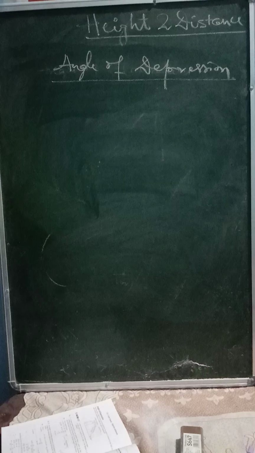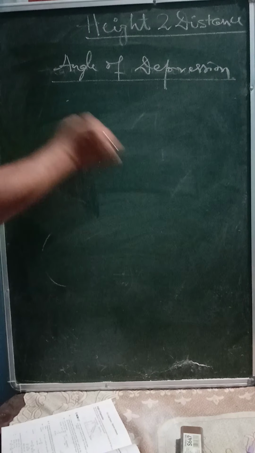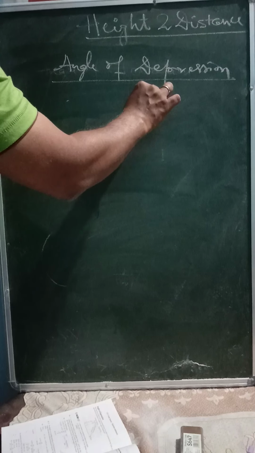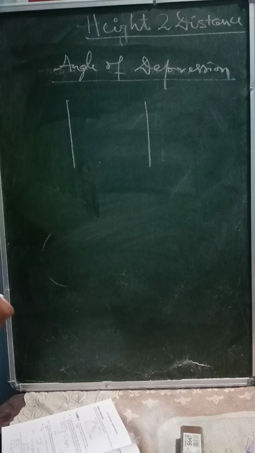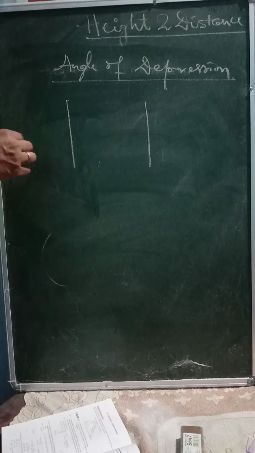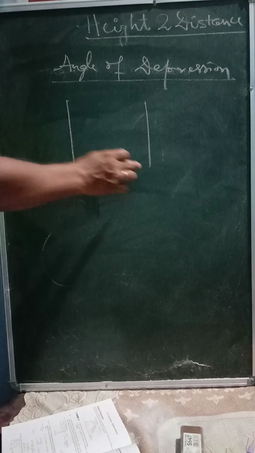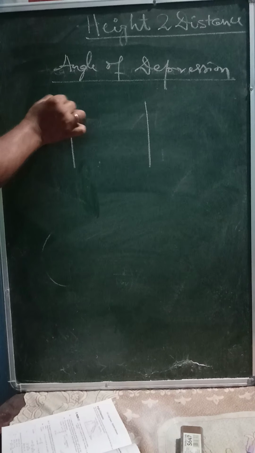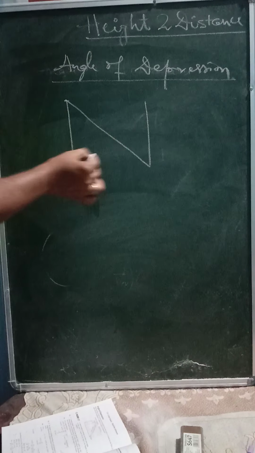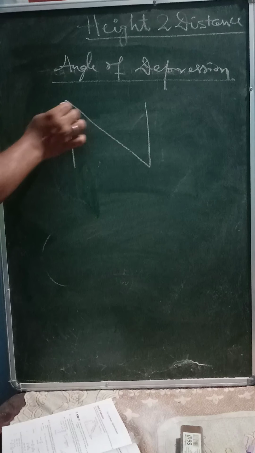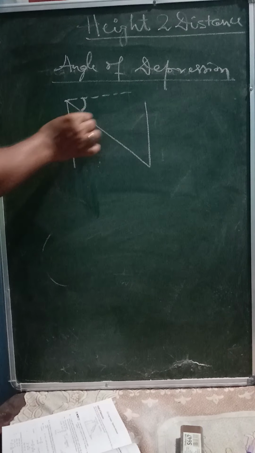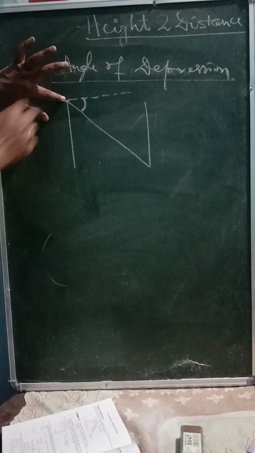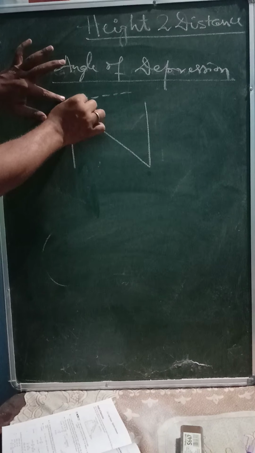But here in this angle of depression, from a higher point to a lower point. For example, let it is a tower and it is another tower, and it has been told in the question that the angle of depression of the foot of the tower is 30 degree from this higher point. So which one is the angle of depression? Not this, rather this is called angle of depression. Always it is given that from a higher point to a lower point, this is called angle of depression.